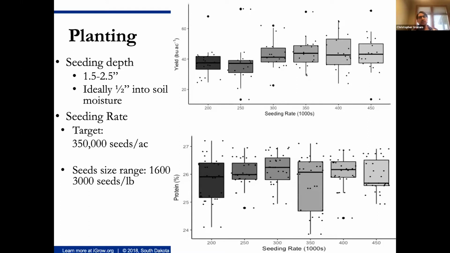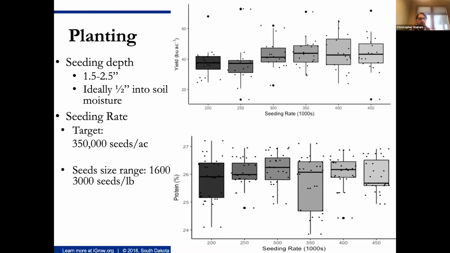Okay, so this is looking at some planting. Seeding depth, we're typically looking at 1.5 to 2.5 inches. Seeds are fairly large. If you can get into a half inch of soil moisture, that's ideal. They imbibe a lot of water, and they swell maybe 70, 80, 100% of their size. And they're bigger than a soybean, so typically it's important to get down into depth with these. Shallow plantings we've seen just don't do very well, mostly because the drying and wetting cycles at the very top soil surface just aren't conducive for